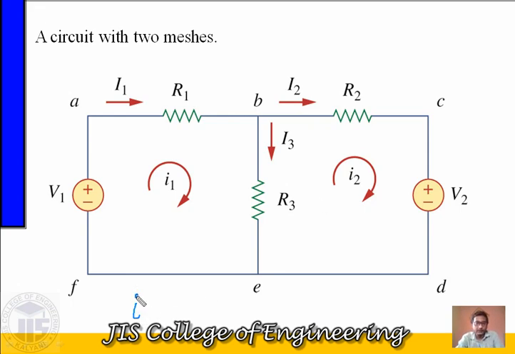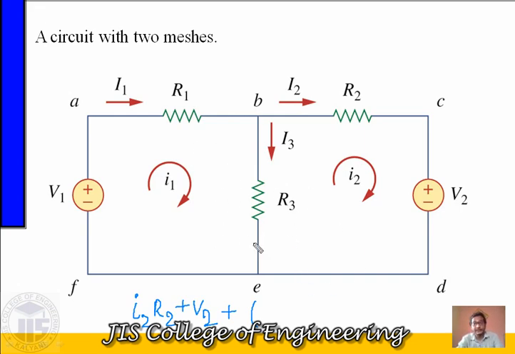So the equation for the second mesh will be I2 into R2, and this mesh current is going to the positive terminal of this V2 source. That's why plus V2, and then it comes to this R3 resistance. Then plus which current? I2 is down to upwards, the I2 loop mesh current, and I1 is up to downwards.